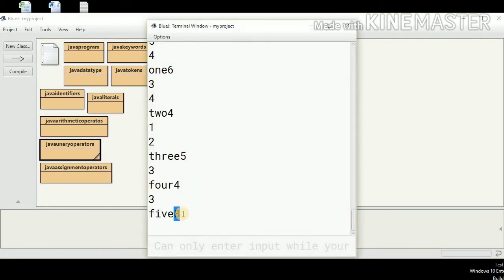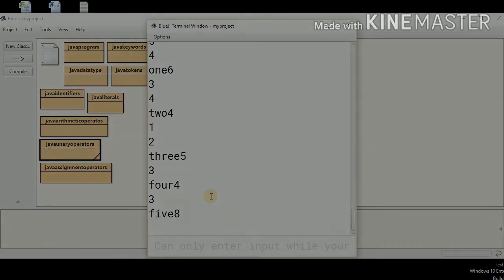Right, this is 8. So you can see how we will be using the unary plus, minus and increment and decrement operators. You have to be very careful with increment and decrement operators. If you have any confusions, feel free to comment and ask and clarify your confusions on increment and decrement operators, especially pre and post on both.